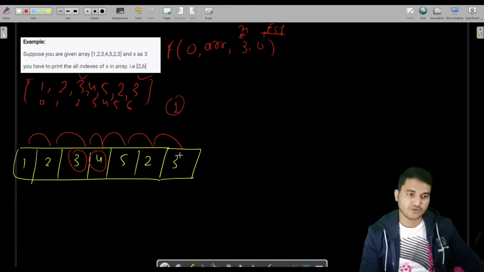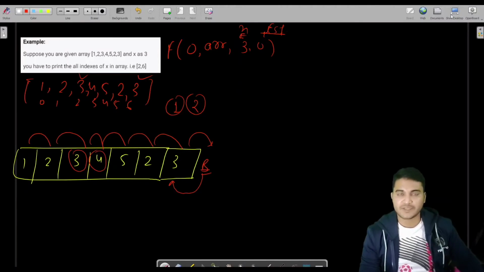At the end you also got 3. So now you will increase this counter to 2. And again you will make a call, of course, because here is only your base case actually. From here you have not anything, so from here you will return.